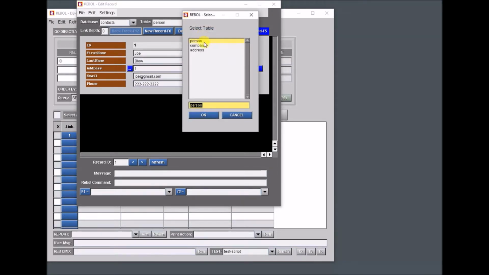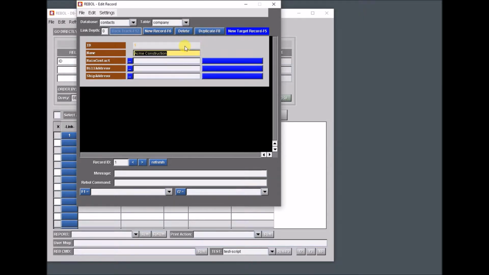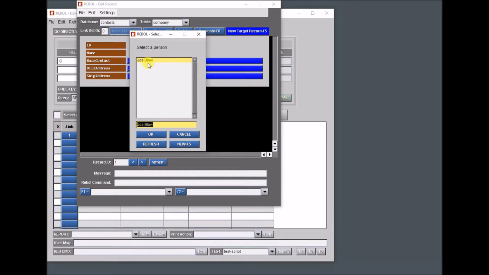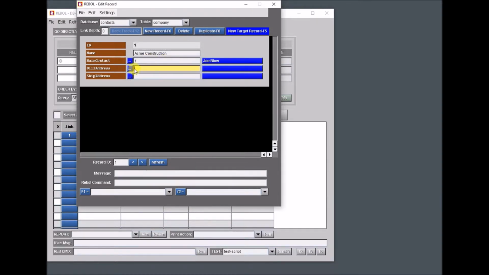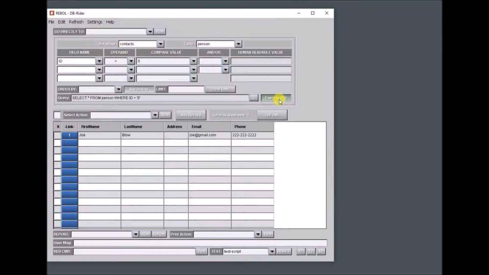Same is true for the company table, the main contact, so I can select from my list of people or persons in that table. We'll set the bill address and the shipping address to the same here. Now if we rerun these queries,